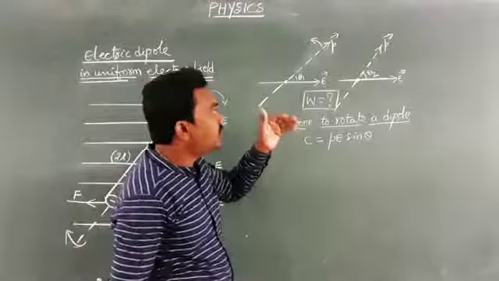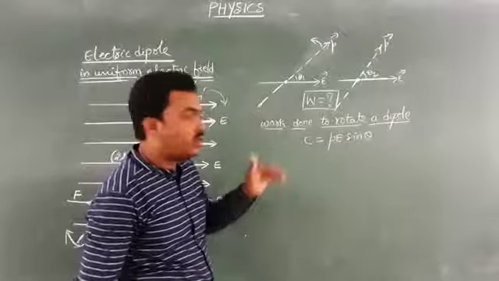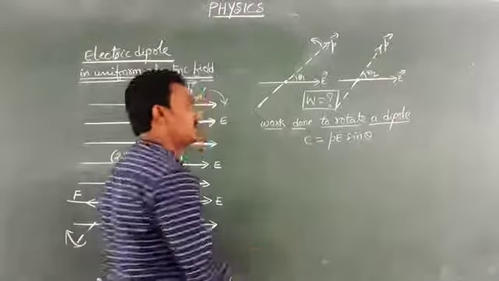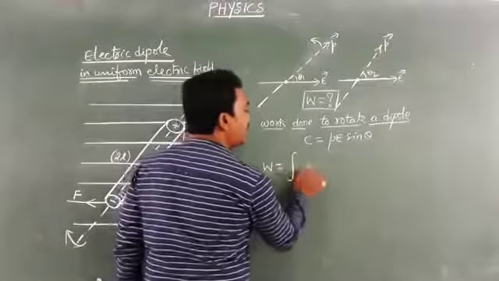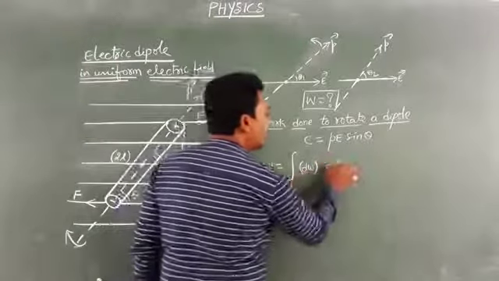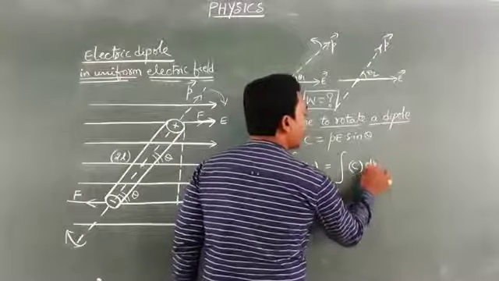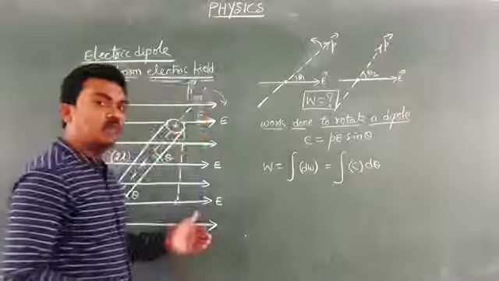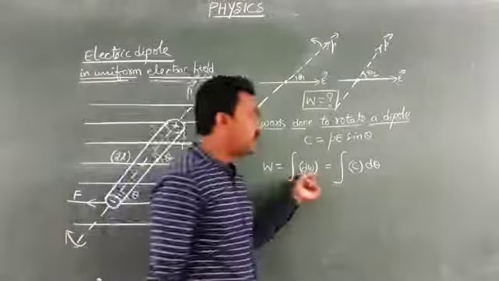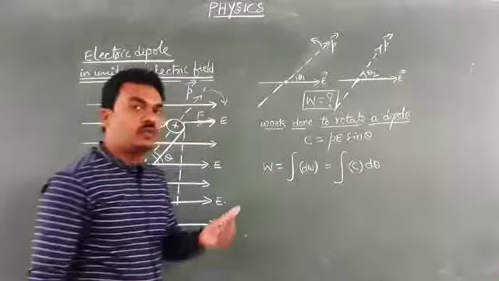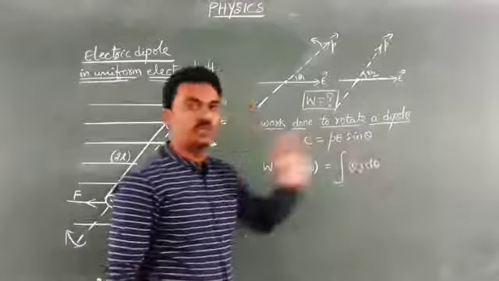So here, if I am going to rotate the dipole in external electric field, I am doing work against the variable couple, so my concept will be all about the total work done, which will be the integral of dW. Of course, dW will be written as C into d theta. Whereas in translatory motion, dW equal to F into dx. In rotatory motion, dW equal to C into d theta. Because force is replaced with couple or torque, displacement will be replaced with angular displacement.